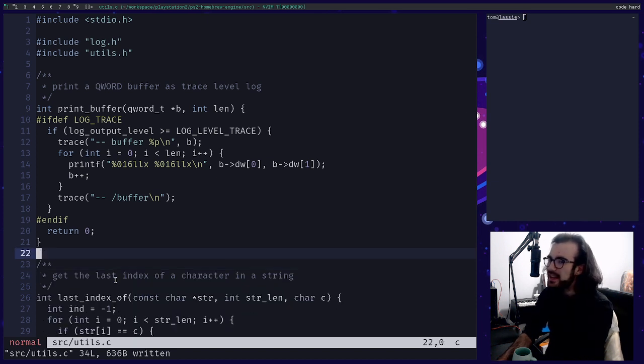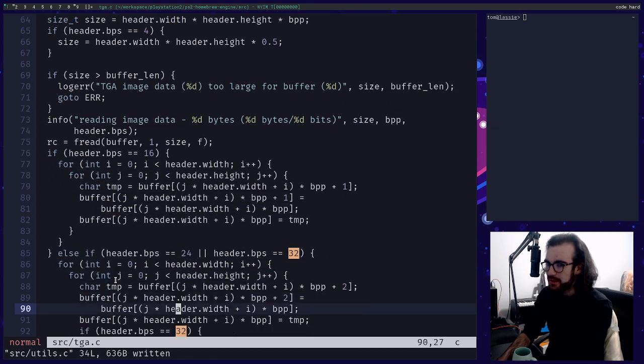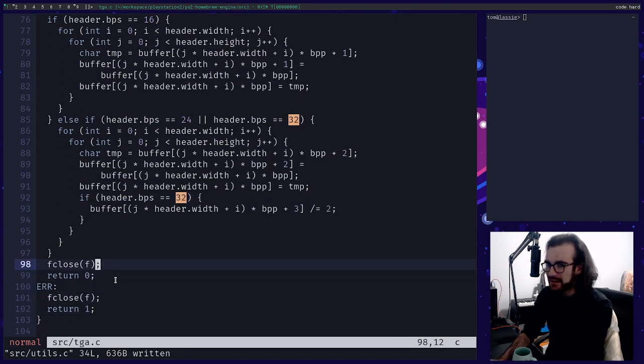Maybe I'll just hijack this, and not print the last few pixels. I'll just use the existing print buffer. That's good. It'll get formatted nicer, right? If we're just printing a generic stream of bytes, we don't really know where we should put the new line. Whereas if it's quad words, then there's an obvious place. So let's go print buffer. When we get to the end here, we'll f close.